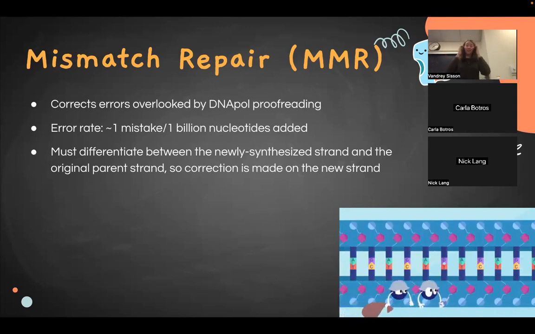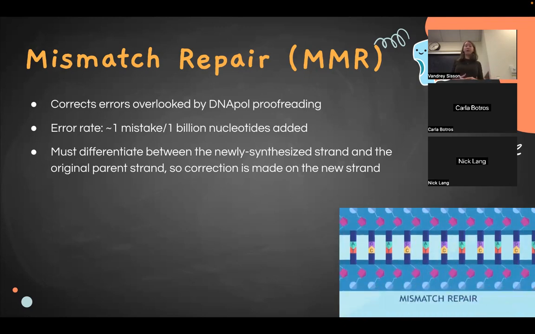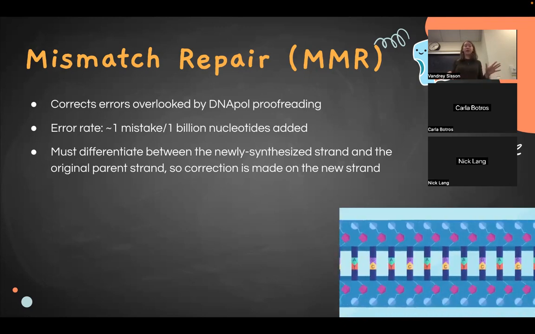When DNA polymerase proofreading misses an error, mismatch repair will go in and fix that, and then our error rate goes to like one mistake